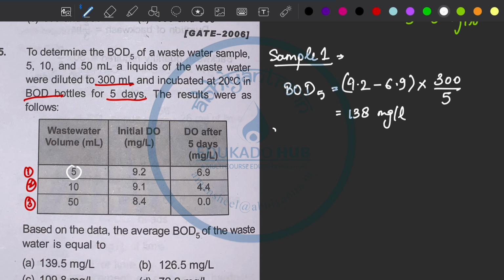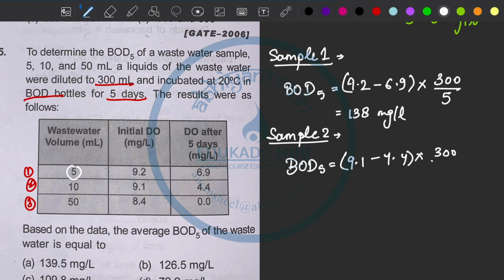Now for sample 2, we can calculate the BOD 5. After 5 days, the BOD is 9.1 minus 4.4 into dilution factor 300 upon 10. It comes out to be 141 milligram per liter. And for sample 3,